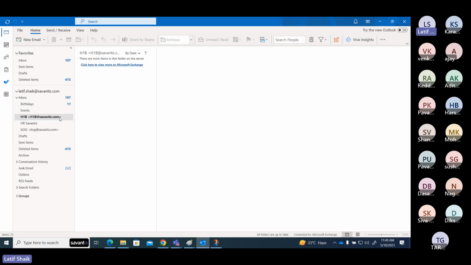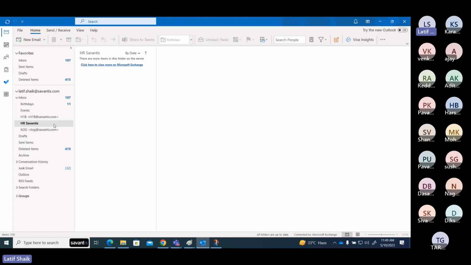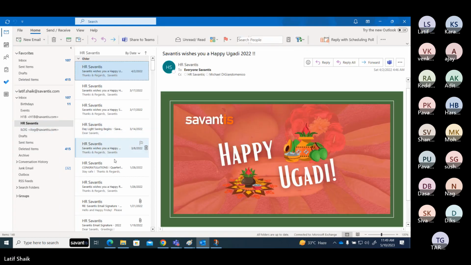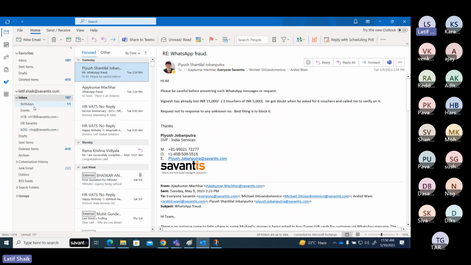Of course, in earlier days, we were also doing H1B visa mails. Now that process is stopped. HR mails, iLog mails, from HR directly. So I want to separate all my inbox mails into different things. Some are very important, so I compulsorily have to put them in place. See,